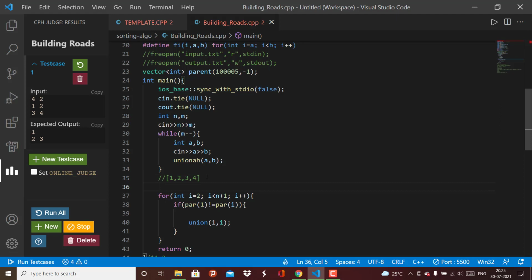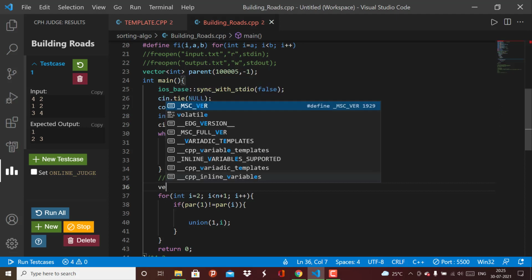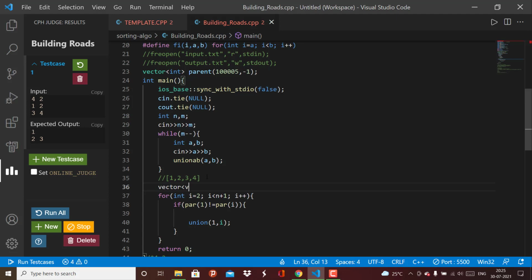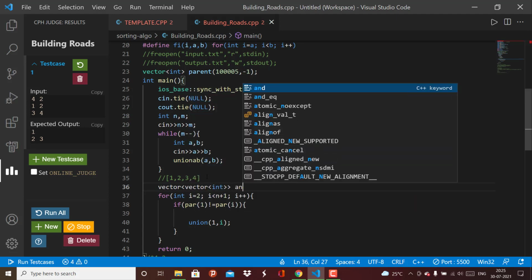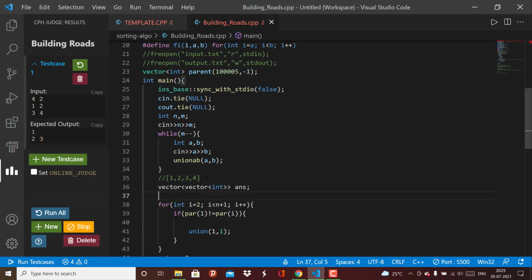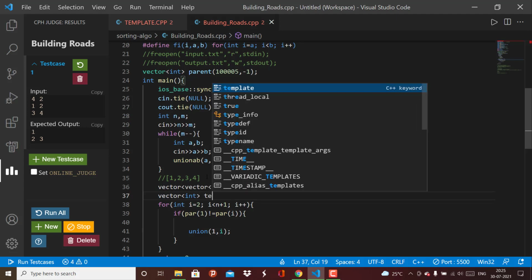So let's make our answer vector, vector of answer. Okay, and also we'll have a temporary vector.